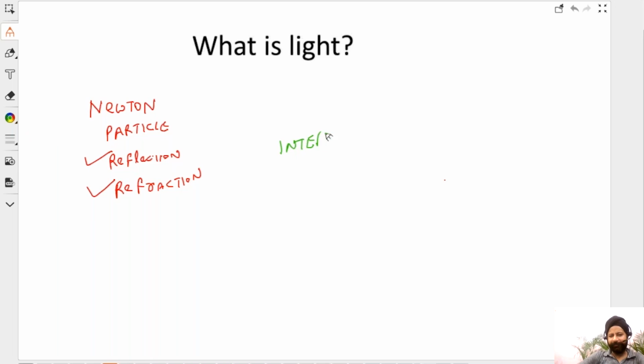So when you study interference, what is interference? Interference is when two waves meet. We are going to do this in detail. Maybe more than 1 hour or 1.5 hours will be dedicated to understanding interference. And then we'll spend another hour, or maybe less than that, understanding diffraction. So diffraction and interference: when two waves meet, what is the pattern formed there? And this is only when two waves meet.